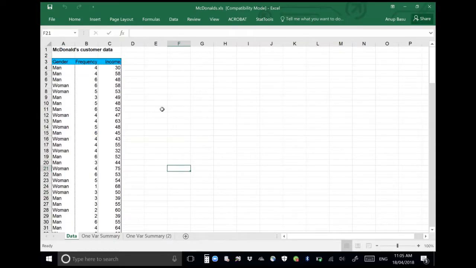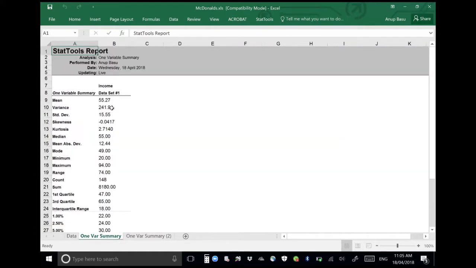In the last video, we saw people's income in the McDonald's store, and we learned something about their summary statistics. The question was, what was the average income of somebody visiting a McDonald's store, or what's the median income? But there could be much more than that, which would be informative to your audience. So although we found from our one variable summary that the median income of a customer visiting McDonald's was